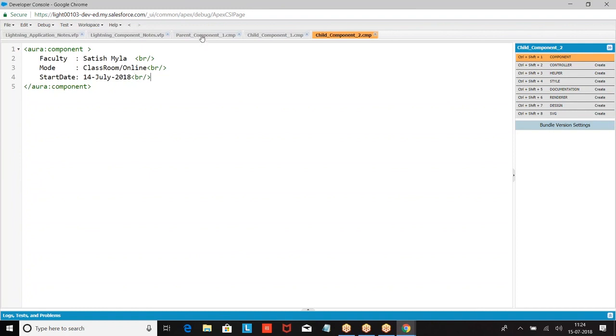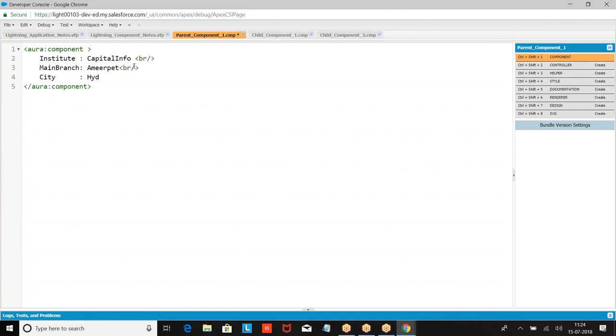Component 1, component 2. So this is some data what I have created.